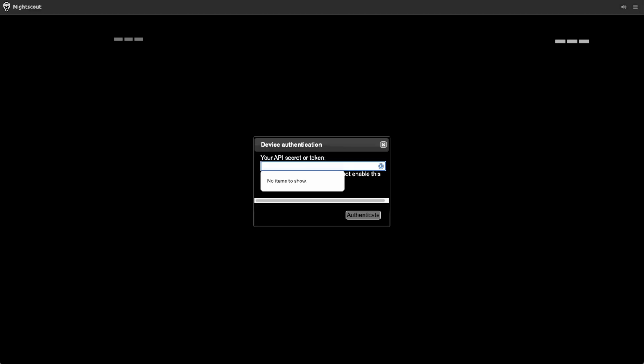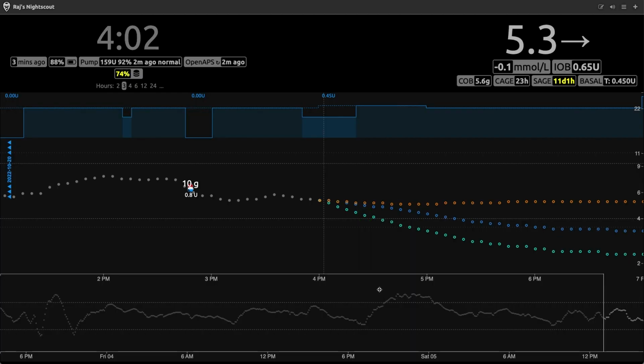There's our NightScout instance, and mine is secured, set to be denied by default. So I'm just going to paste in my API key, hit authenticate, and bang, there we go. There is my brand new NightScout instance